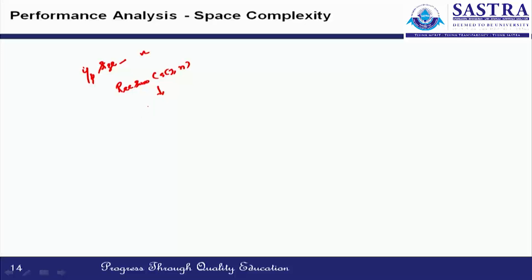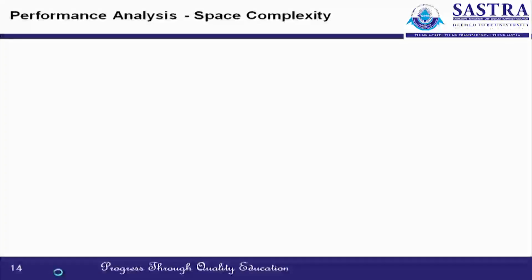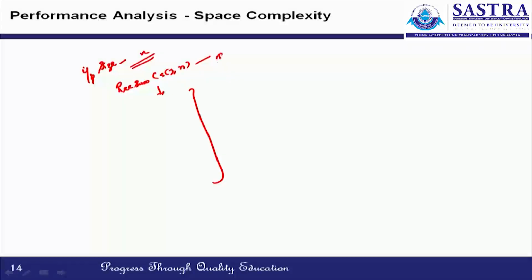This is followed by how many recursive calls? Here one initial call followed by 1, 2, 3, 4, 5 recursive calls, n is equal to 5. So, in general, when the input size is n, one initial call